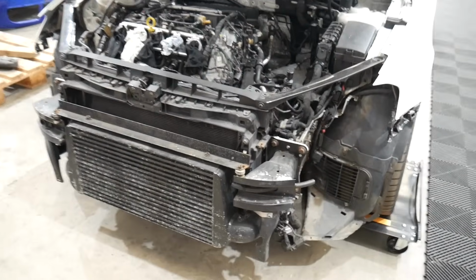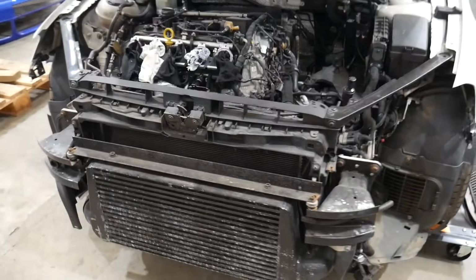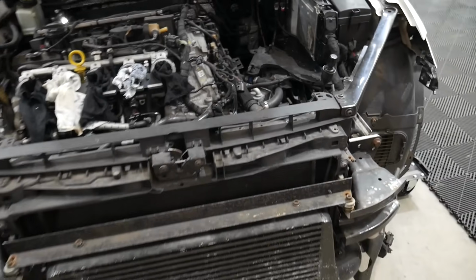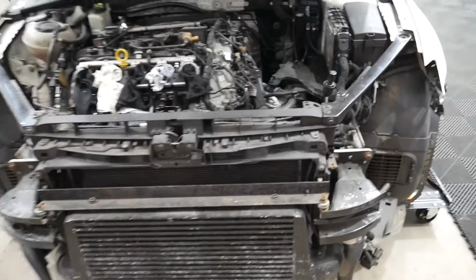However, that's going to be a long process. We're not going to be doing all that in this video. So in this video, we're literally just going to be fitting that intake. I'm hopefully going to get the car off to fabrication and get a...